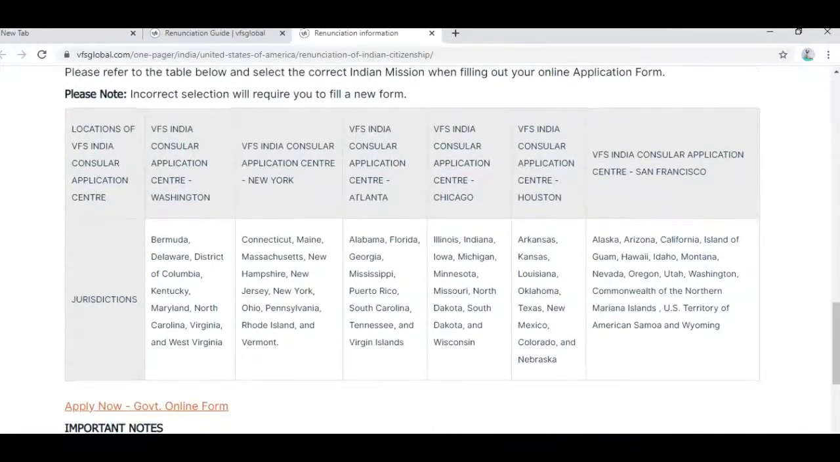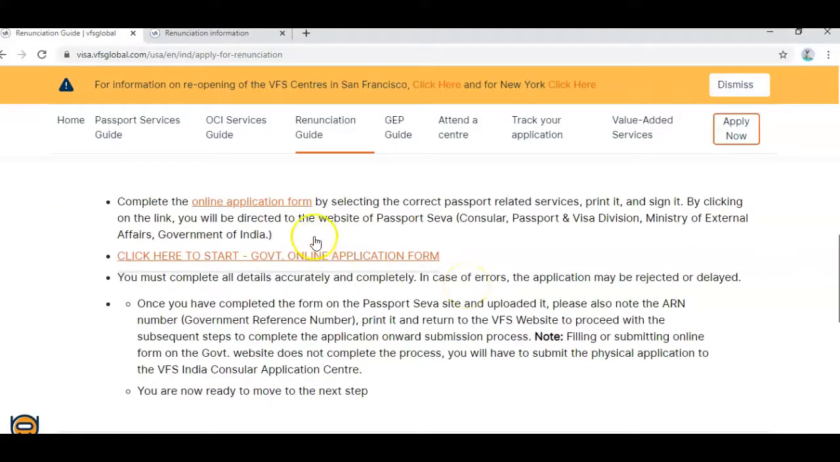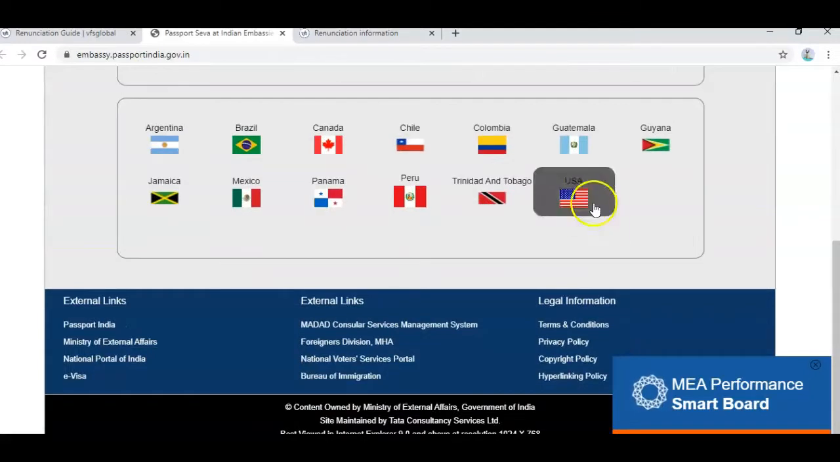Here we see the jurisdictions, the West center and East center, with the list of states. So accordingly we need to apply. Either we can click on the government form link from there, or from the second step we can click on the government form link. So this is the Passport Seva site. Click on Americas, USA,